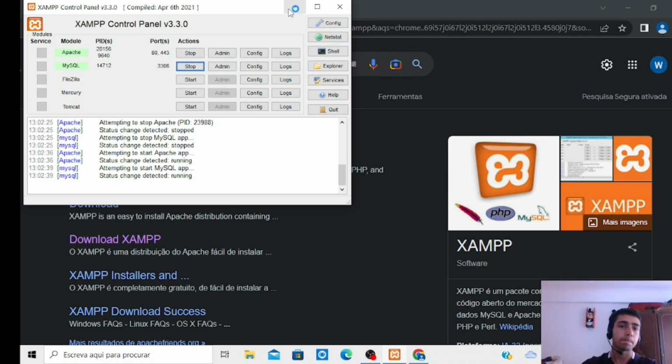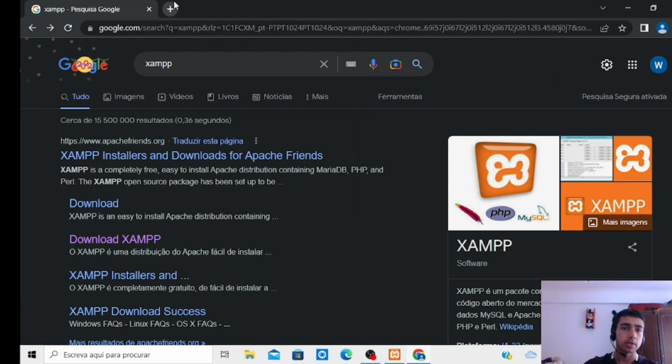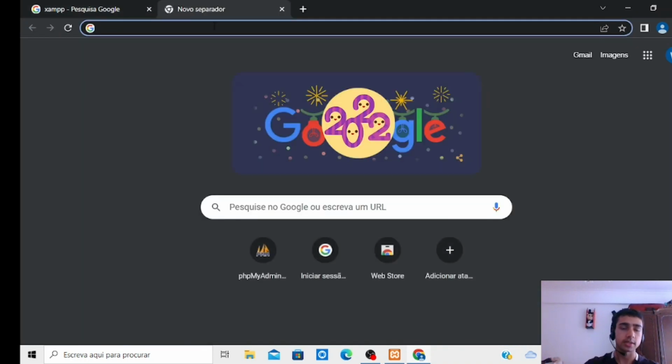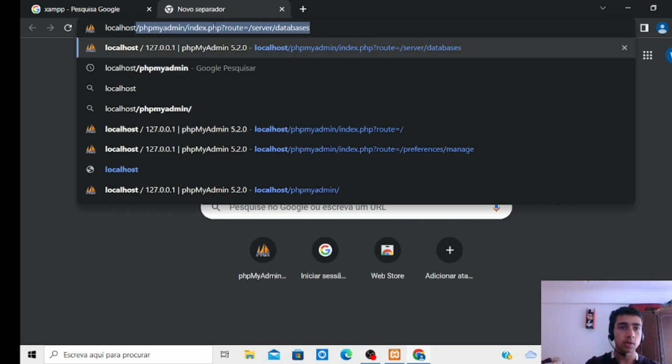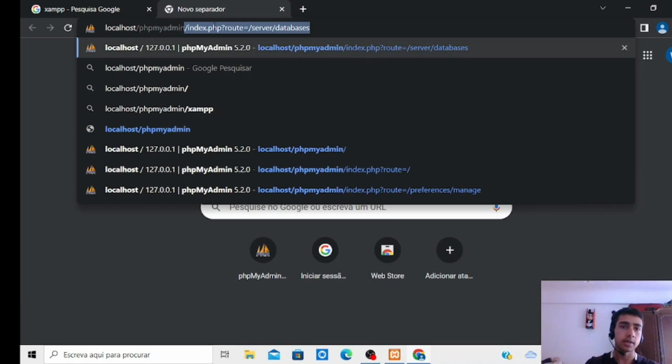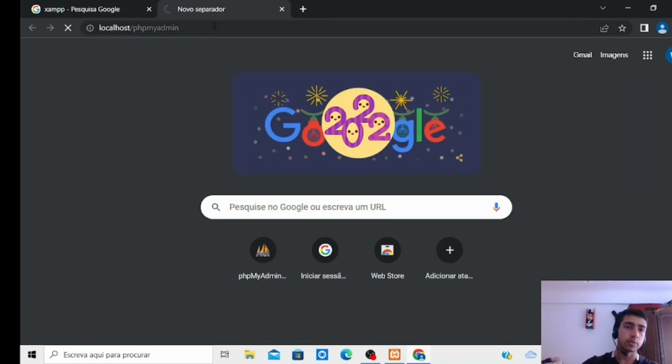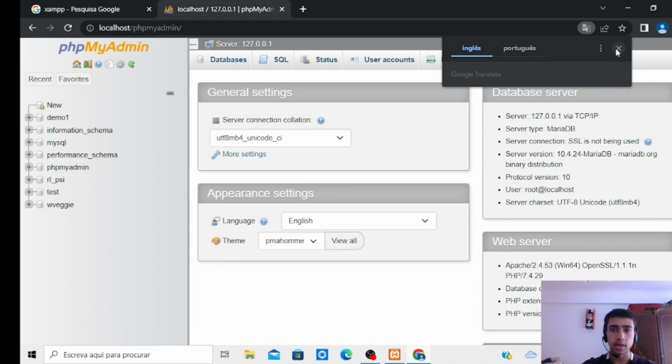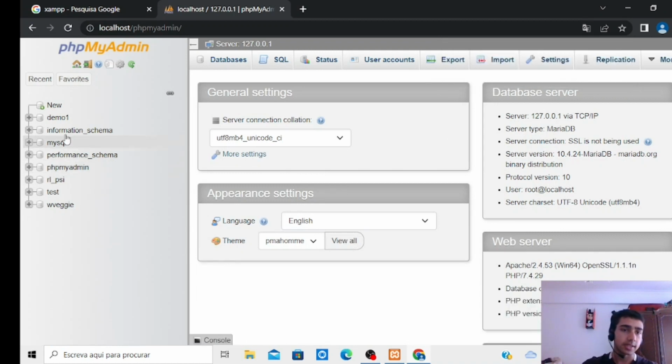After starting these two, Apache and MySQL, you need to open Google and then search localhost phpMyAdmin. You need to open phpMyAdmin. After opening this phpMyAdmin, I think you